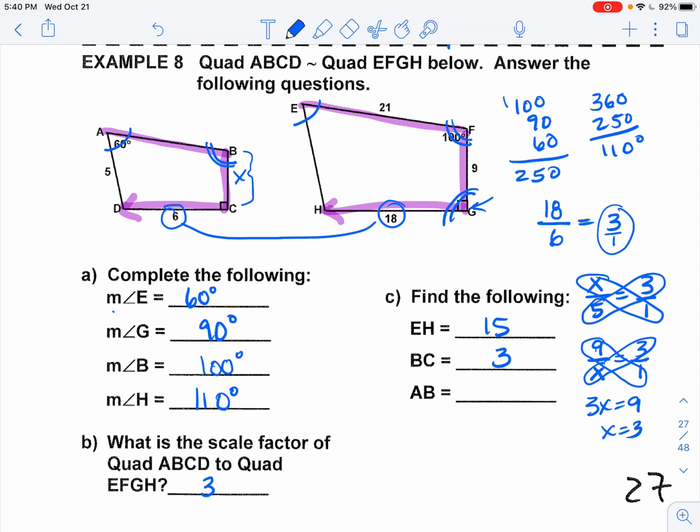One more problem, AB. So AB is this guy on top, and I want to do new over old. This guy is my missing part, is equal to the scale factor. And if I cross multiply, I get 21 is equal to 3x, divide, and we get 7. Okay, I think it's time